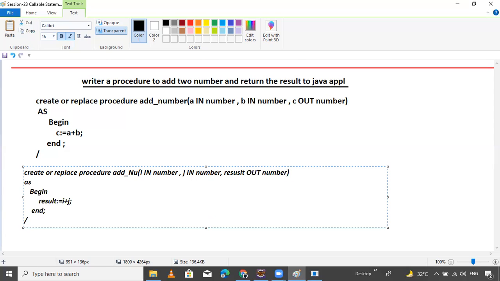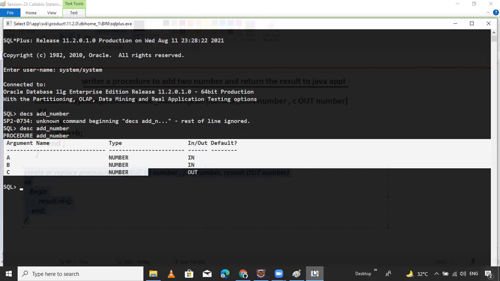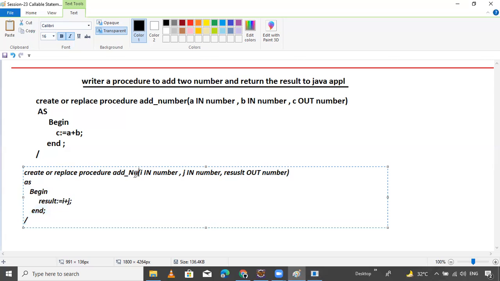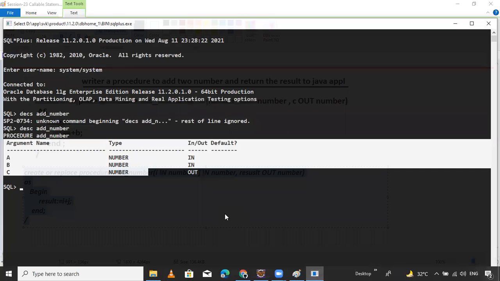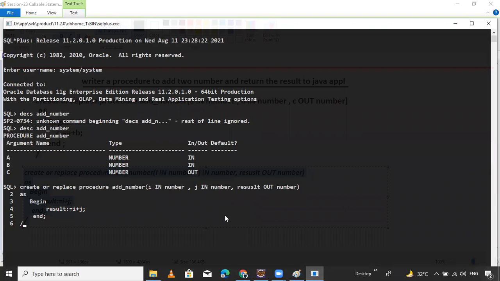That's it. Now copy this. I want to create it inside this. The number type is the same, not required to change. Then this replaces the procedure, otherwise it creates a new procedure. Control V. Let's check if we face any error.